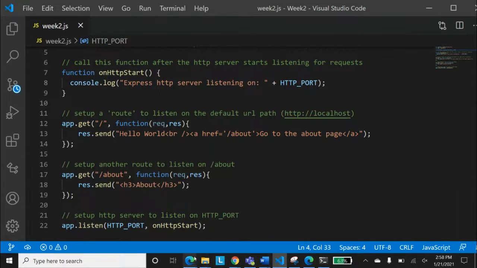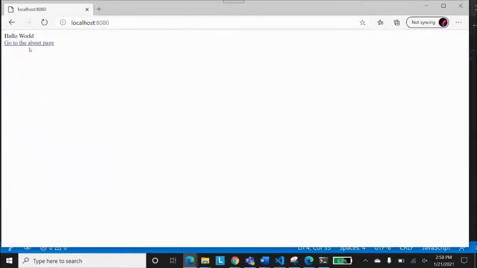If you see our file right now, this is basically connected to about. Can you see that? In the status bar, you can see that it is connected to about. And if I click on it, it's responding to the about route. It's only sending the about content. When you click on it, it says about.